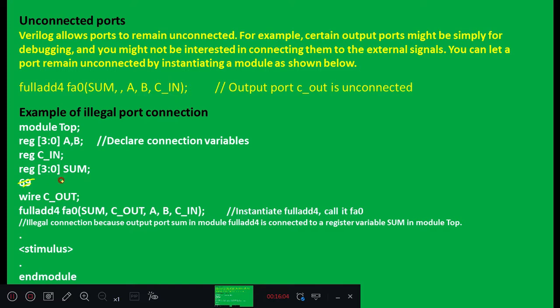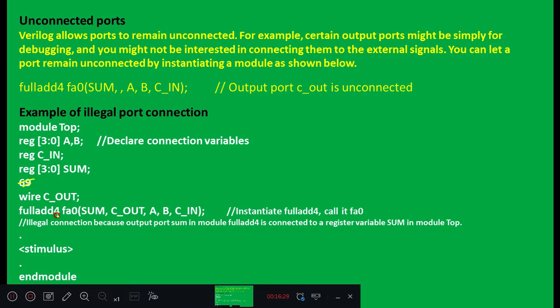We need to define A and B, and cout we have defined as wire. Full add 4 FA0 sum, cout, A, B, Cin. See here you observe the port connection rules.